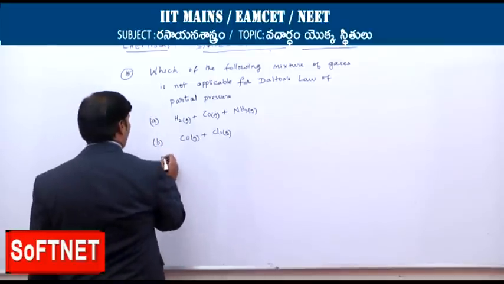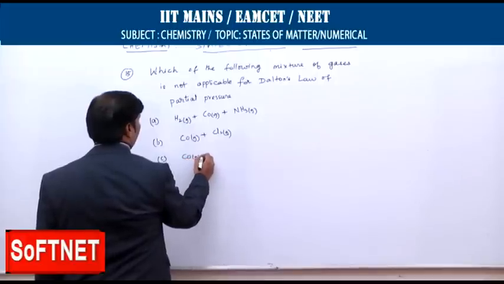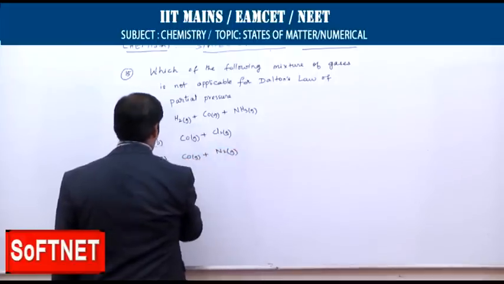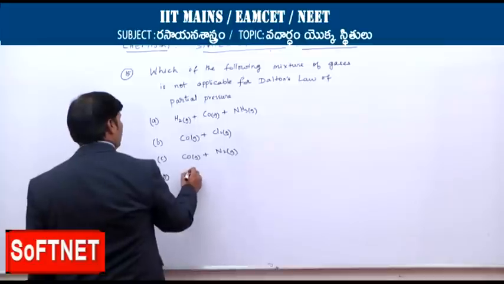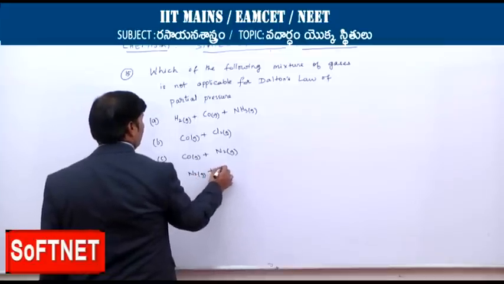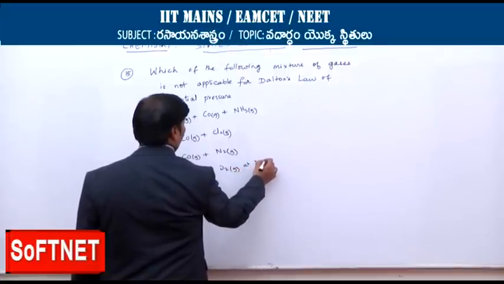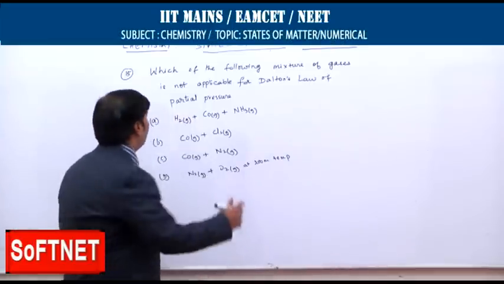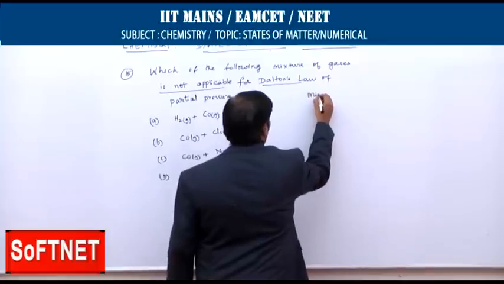Let me give you the options. Carbon monoxide gas plus N2 gas, and D if you take, that is N2 gas plus O2 gas at room temperature. So, you know very well that not applicable means the mixture of gases